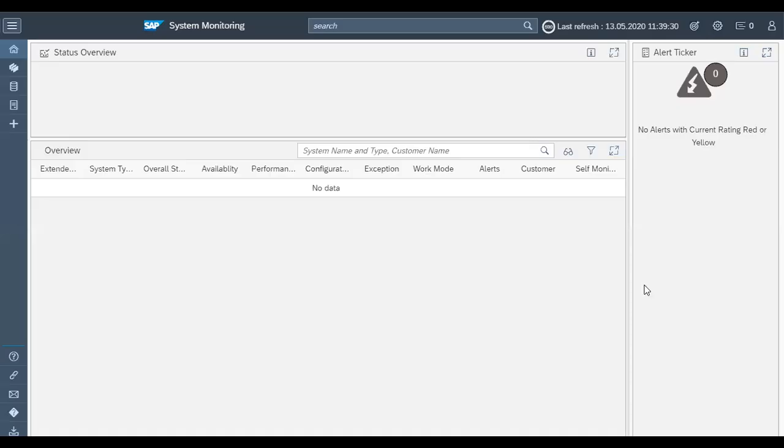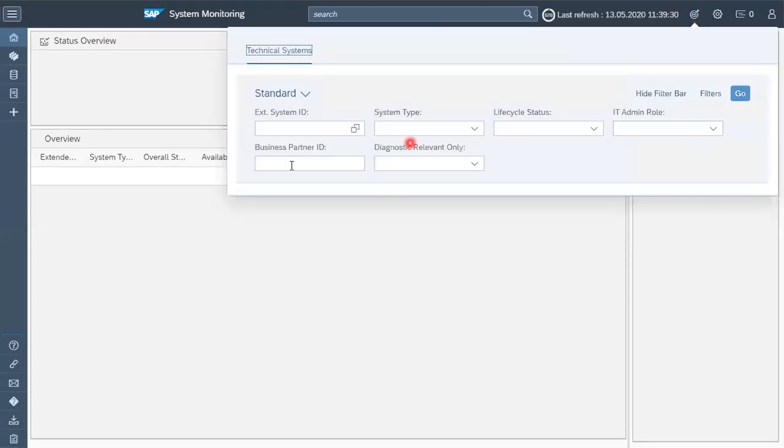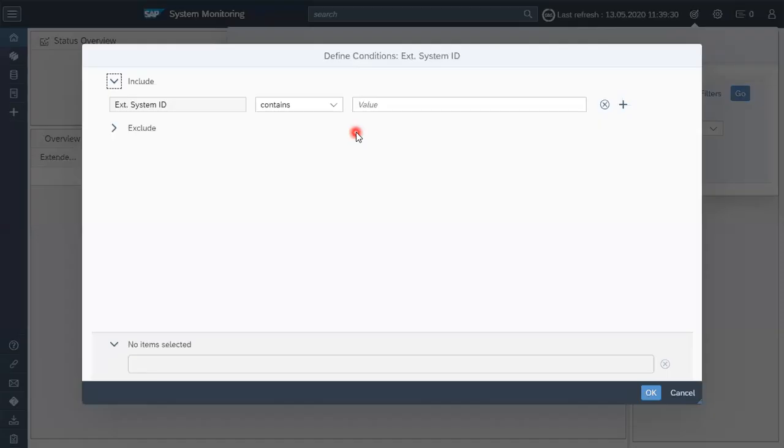Okay, so we have this screen here. Now this is the scope selection. If you click here, you can see there are different boxes coming with different types and different functionalities. So here we are just going to check all system IDs, which systems are here, to list and check all of them.